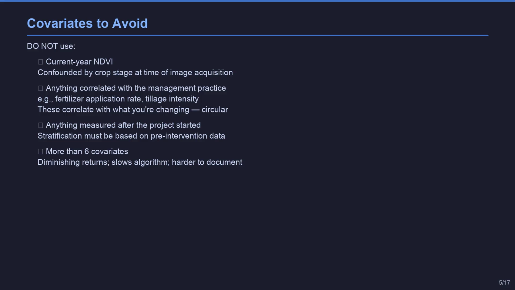Here's what to avoid. Current year NDVI is problematic because it's confounded by crop stage. A field photographed in early spring looks very different from the same field in August, and neither image reflects underlying soil conditions accurately. More importantly, do not use any variable that correlates with the management practice you're implementing. If cover crops improve soil conditions, and you stratify by a variable that tracks cover crop adoption, you've violated the independence requirement, and critically,